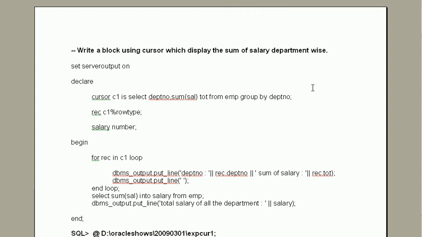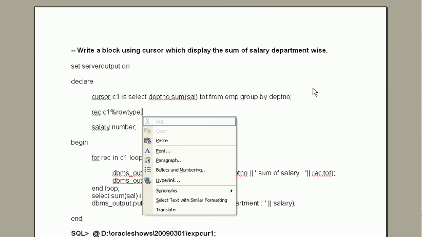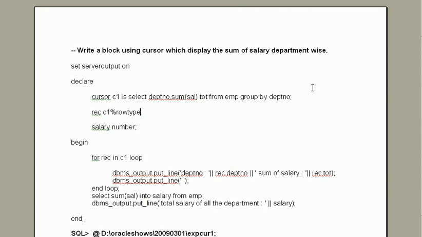You can see REC is used in the for loop, it will be declared automatically, so no need to declare it over here. But I have written this to explain that the row type of C1 is the type of REC.